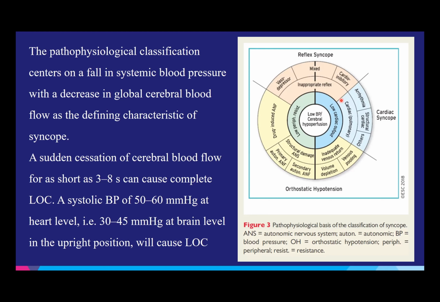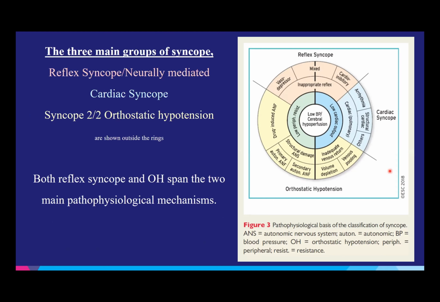My neighbor syncopized a few months ago, and I happen to have a blood pressure cuff at home. Her husband was like, well, you have it, so you might as well check it. I was like, fine, I'll check it. It's going to be low. I check her blood pressure, and it's literally 60 over 30. He's like, well, what does this mean? Is she having a stroke? I was like, no, this just confirms it's probably syncope from some etiology. We'll get to the bottom of it. But the blood pressure being low is not a giveaway for anything. It's simply the mechanism of syncope itself.